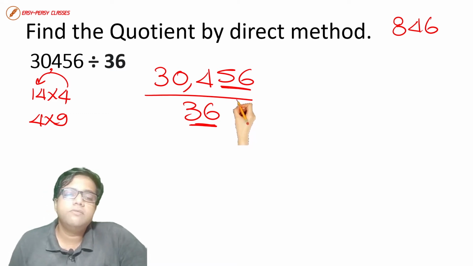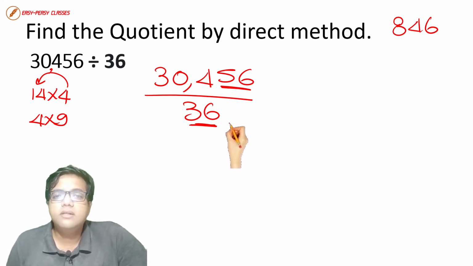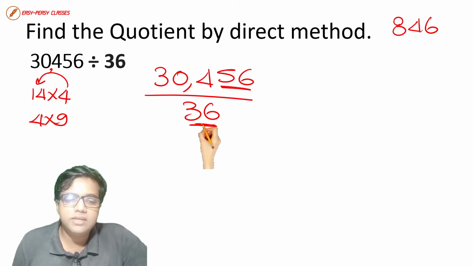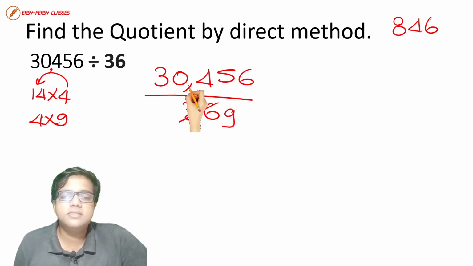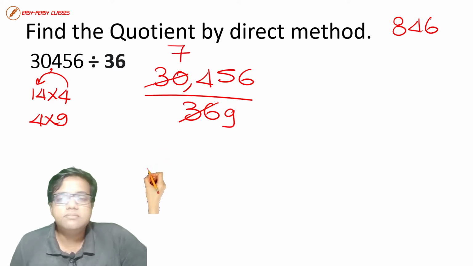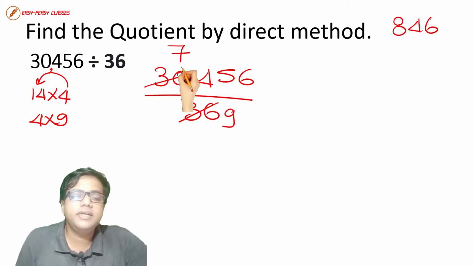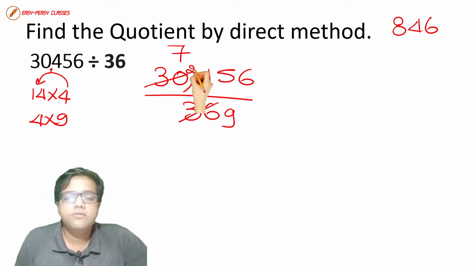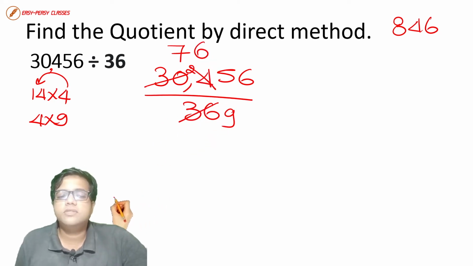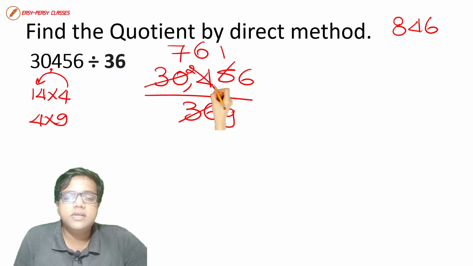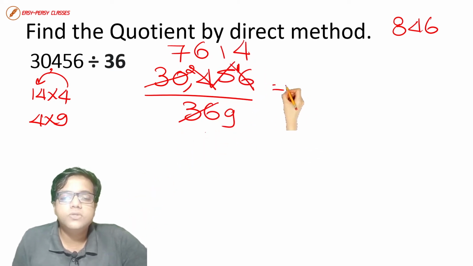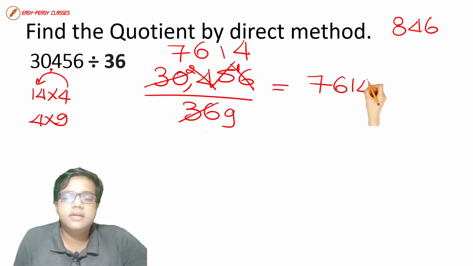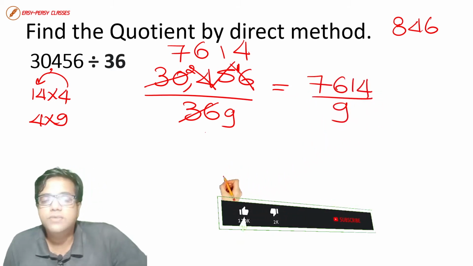So therefore we can divide the top part and the bottom part with the help of the number 4. So let's do the division. 4 9s are 36, 4 7s is 28, 30 minus 28 will leave you 2 as a remainder, 4 6s is 24, 4 1s is 4, 1 is the remainder here, 16, 4 4s is 16. So you got 7,614 by 9 in just one step.